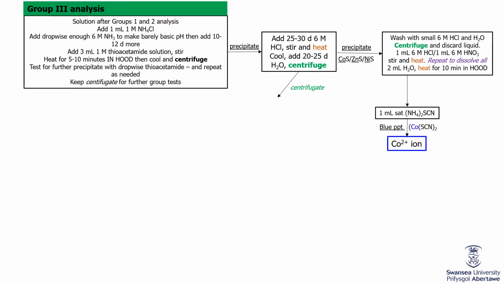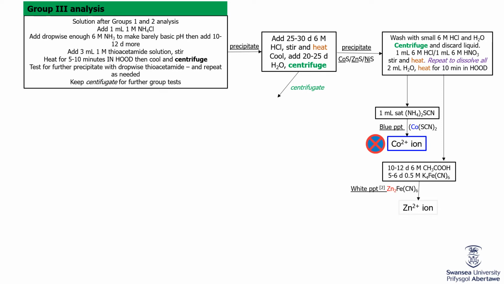You could then treat the remainder of the centrifugate with a saturated acidic solution, which would give you a cobalt ion precipitate, which we do not have in this situation because no blue precipitate was formed. Going back to the previous step, you can treat it further with acetic acid and